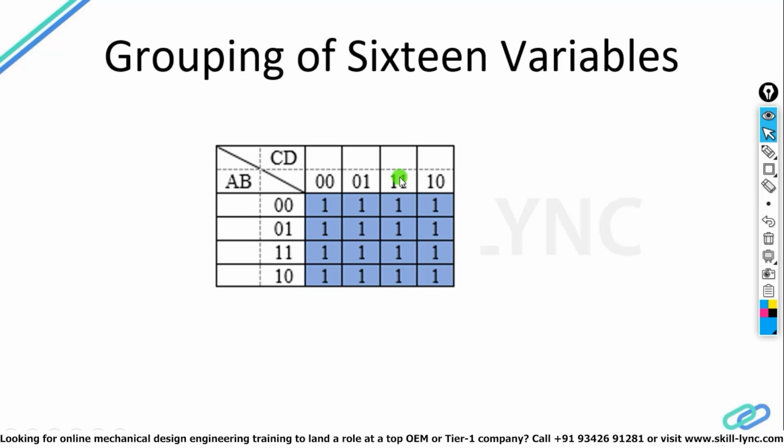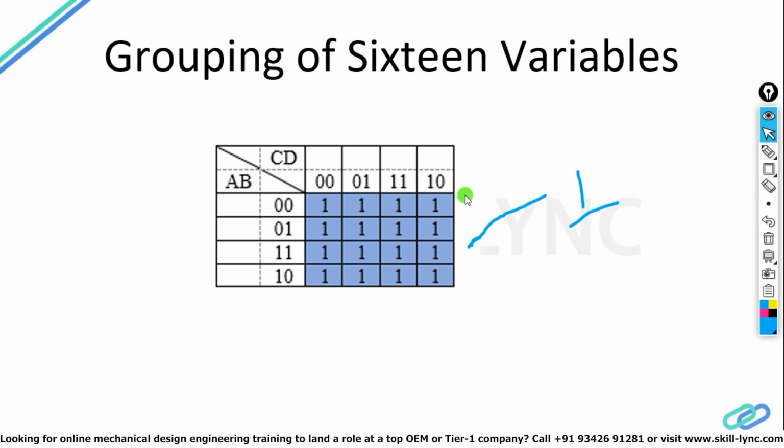Okay, so hexadeca pair is where 16 variables are there, and 16 variables means all the blocks are filled. Everywhere it is filled, 1 1 1 1, all the blocks are filled. So it is applicable only with the 4 variable K-map. It is known as hexadeca pair. If all the ones are filled, then the simple answer will be 1. Then don't give it a second thought, the answer is 1.